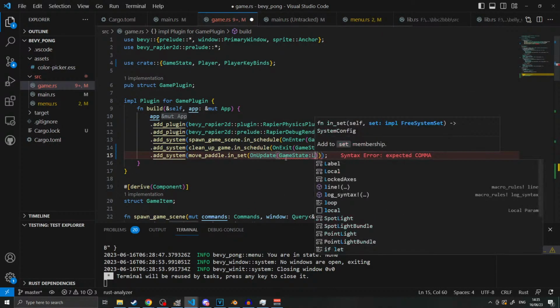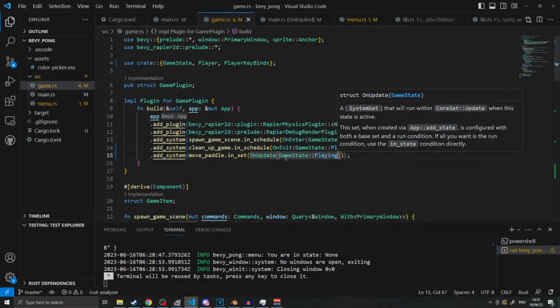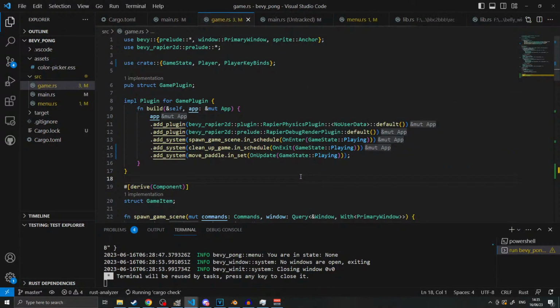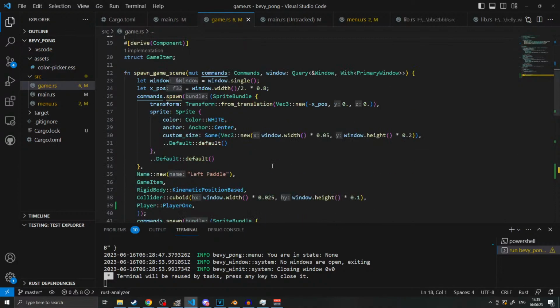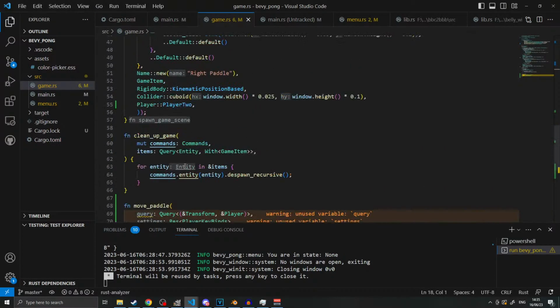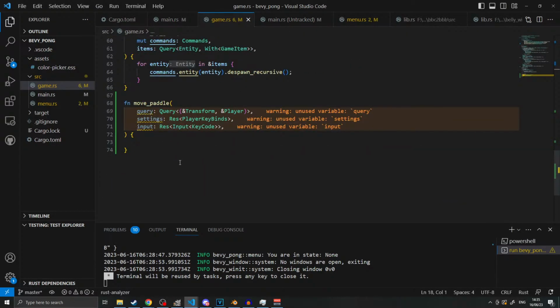game state playing. There's no real reason to do this in this specific playing state unless I wanted to leave the paddles there when the game's paused, but I think I could also add an AI, but for now, that seems like a Monday thing when I do another stream. Cool. Anyway, so we're going to go